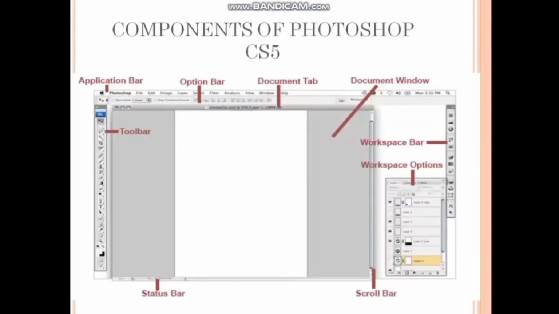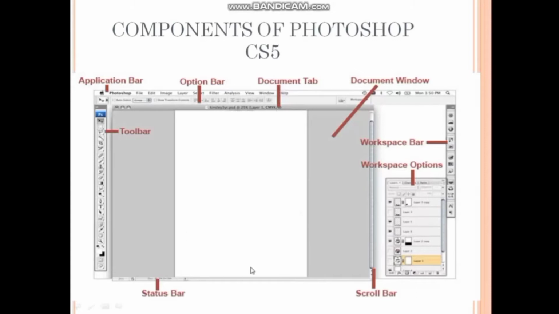Now the next topic is components of Photoshop CS5. Here we will learn about the Photoshop window. As you have seen in the image, the bar found at the top of the page is called the application bar. Just below the application bar is the option bar. Just below both bars, the third bar is called the document tab.